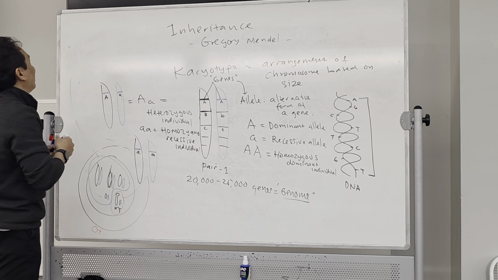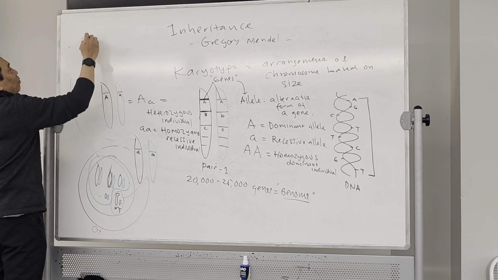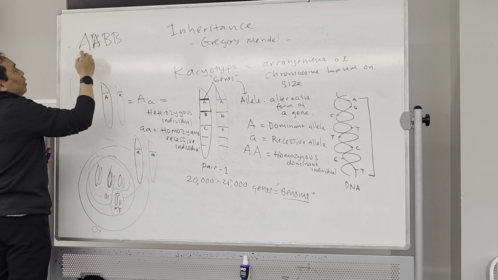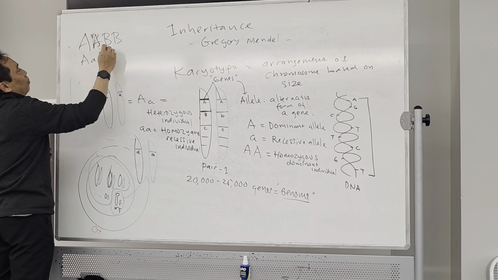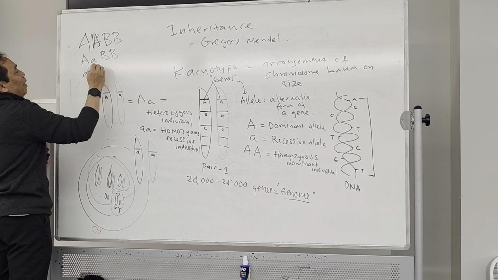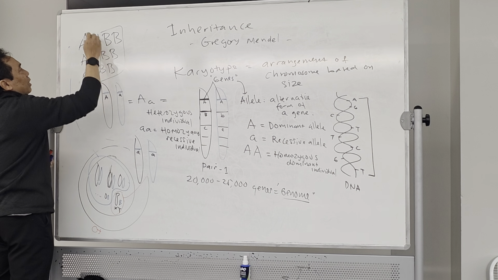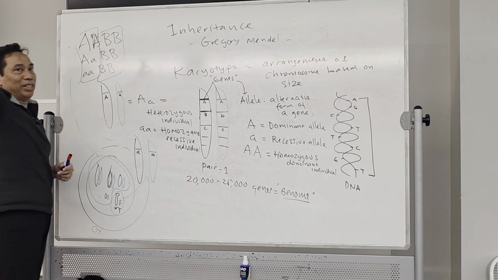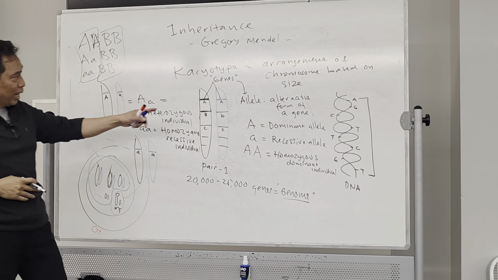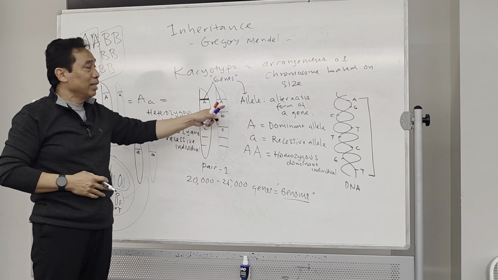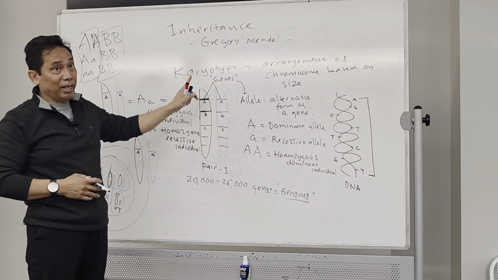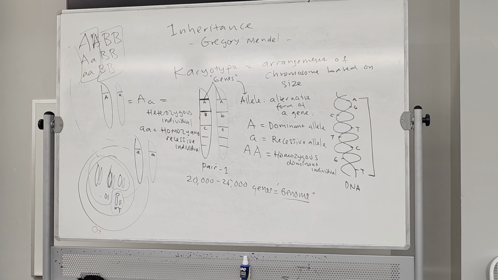of genes. Let's say if it is 2 traits, maybe you can have an individual AABB, both capital letters. If it is 2 characters, 2 traits, it's going to be like that. If it is 3 traits, then it's a lot. But again, just for calculation, right now we're going to use 1 trait, 1 gene first. Later we're going to use 2. Okay? Do you have questions so far for this terminology?